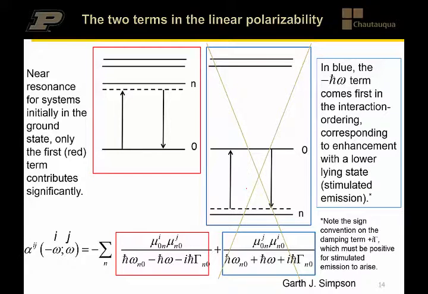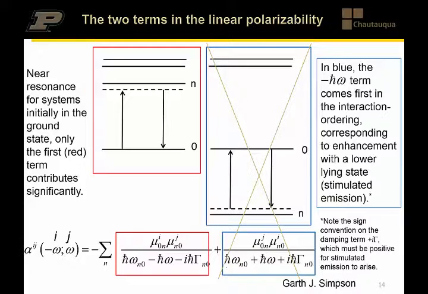They apply no matter what your starting state is. And if we look at this in terms of energies, bearing in mind that h bar omega is actually an energy, if our initial state is state 0, whether it be the ground state or an electronic excited state, and we have a real state that is below that state in energy, this would be, for example, approaching a stimulated emission transition from a population initially in the excited state, then the resonance enhancement is going to come from